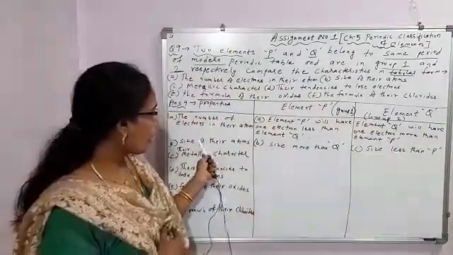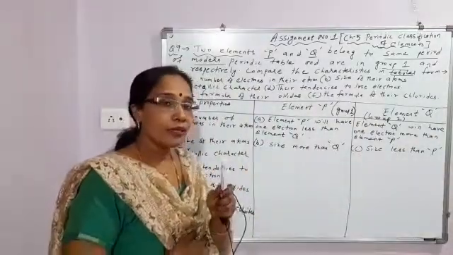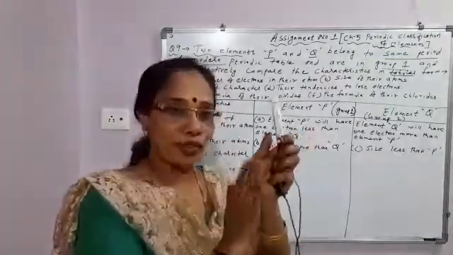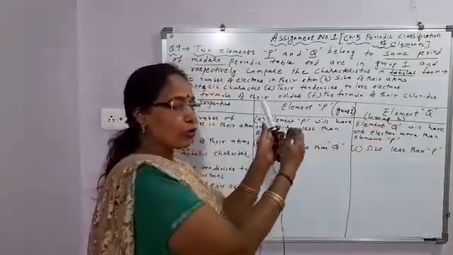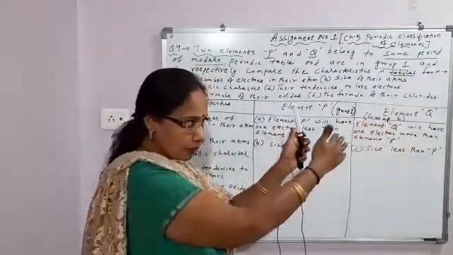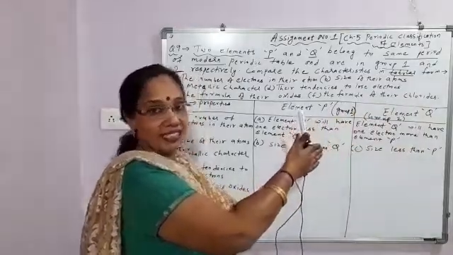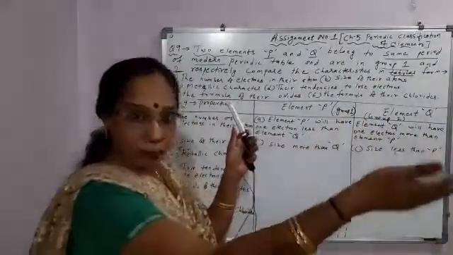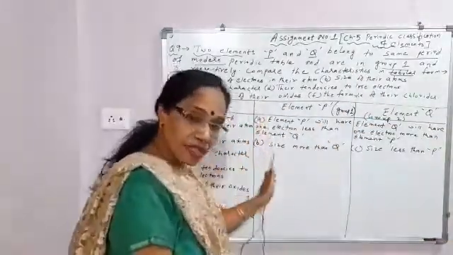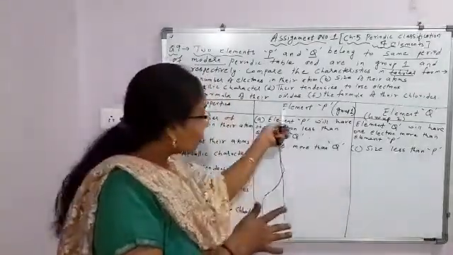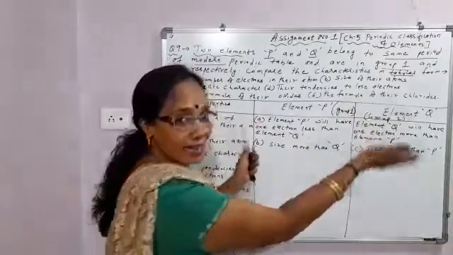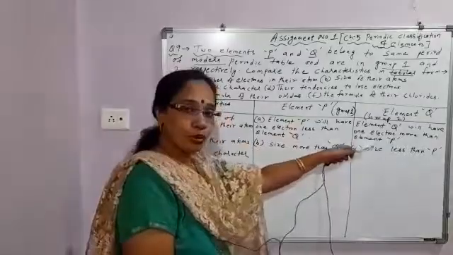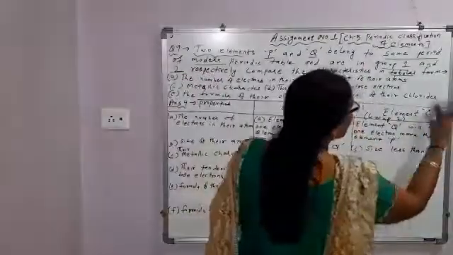Okay. Because when you move from left to right in a period, what increases? Nuclear charge increases. When nuclear charge increases, the force of attraction between the nucleus and the electrons in the outermost shell increases, and when the force of attraction increases, size decreases. As you move from left to right, the element on the extreme right will have the least size and the element on the extreme left will have the most size. So P is on the left side, right, and Q is on the right side. So element P size more than Q and element Q size less than P.